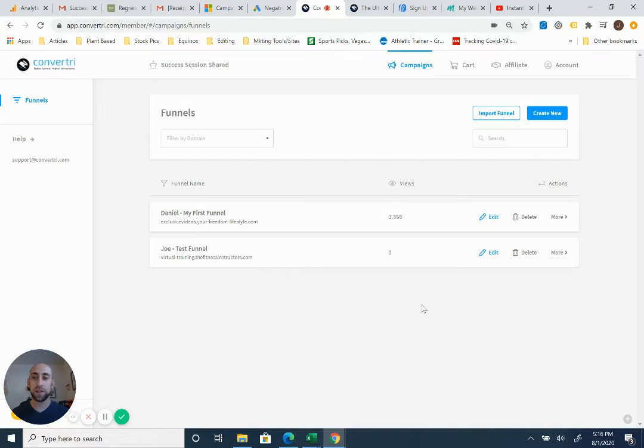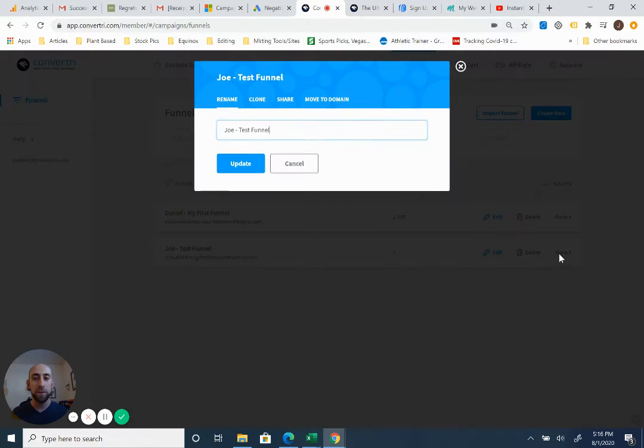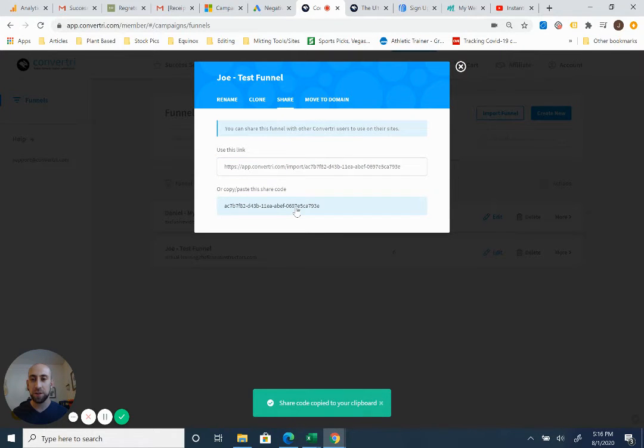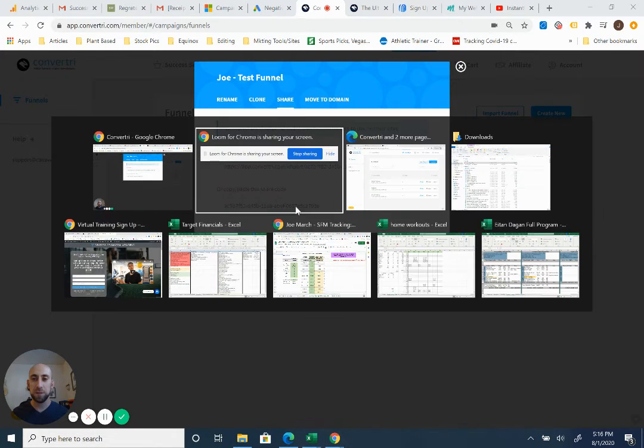So let's quickly take a funnel created in one account, and you can either copy it within that same account, or you can even copy it to a whole other account, which gets a little bit more difficult in some other web builders. But let's start by taking this test funnel, and we're going to click on More, then click on Share, and we're going to copy the share code,